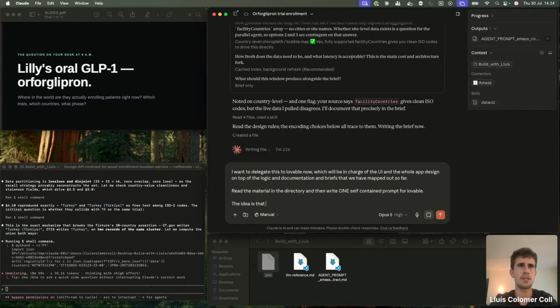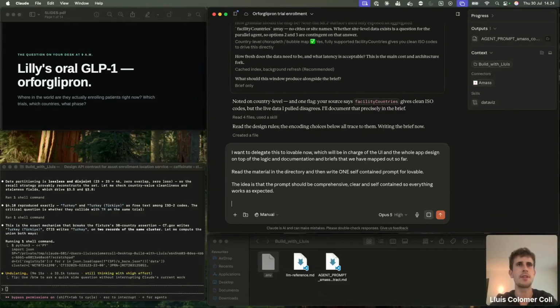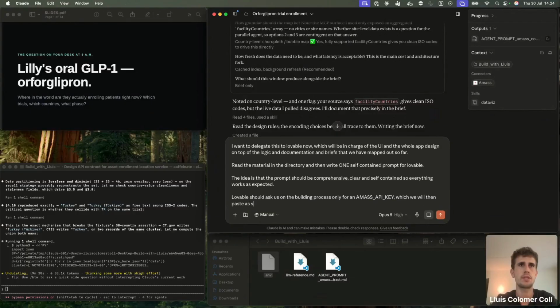The idea is that the prompt should be comprehensive, clear, and self-contained, so everything works as expected. Lovable should ask us on the building process only for an Amass API key, which we will then paste as secrets.